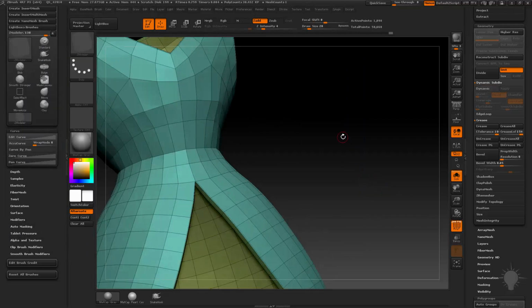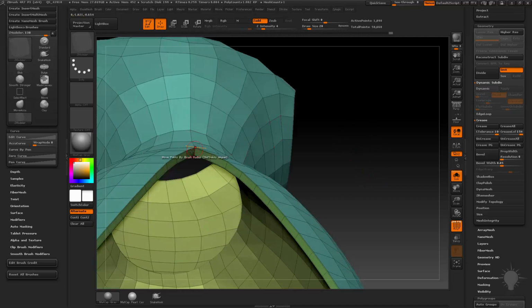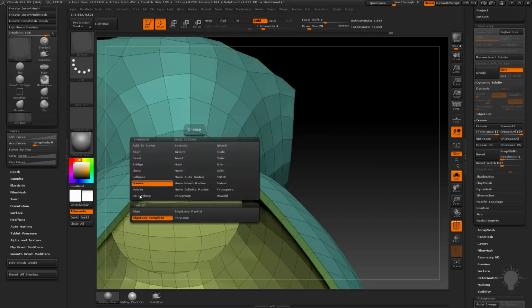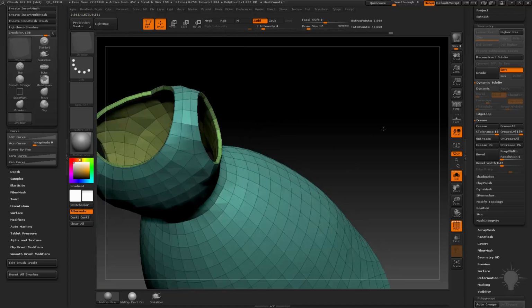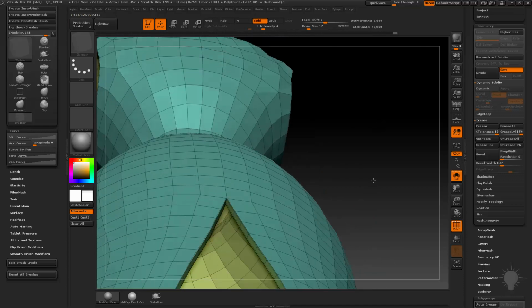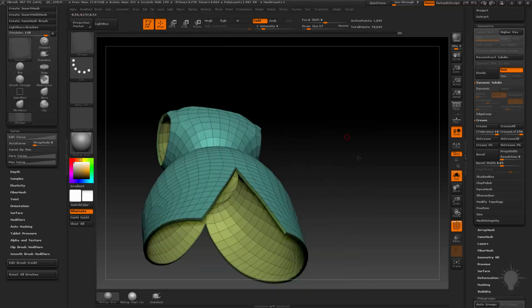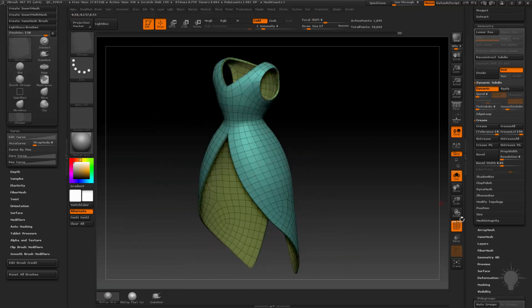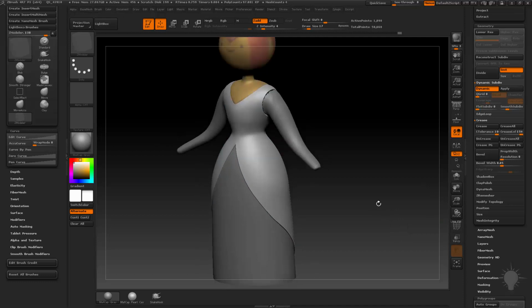So I'm going to hit Shift D. I'm going to hover over this edge right here, and then I'm going into crease by holding down spacebar, crease edge. I'm going to crease this edge, and then go to the back here, and crease this edge. That'll keep them nice and sharp. And there we go. I can hit D, go out of solo mode, go out of polyframe mode, and then